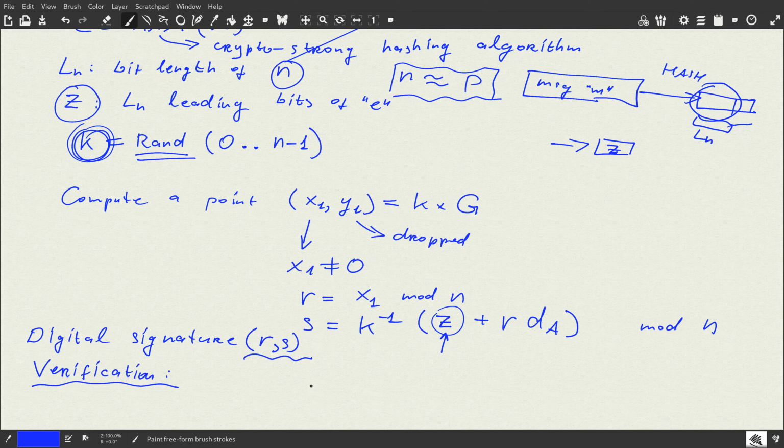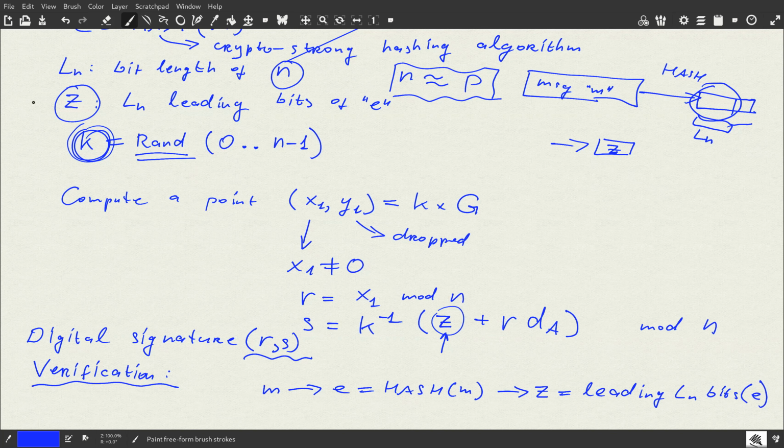So again, in order to verify, we take our message M, compute E, which is the hash of M, compute Z, which are the leading ln bits of E. Same as here. So we are dealing with the same Z